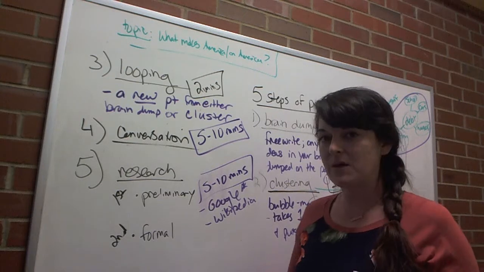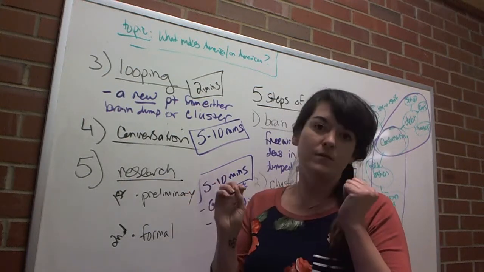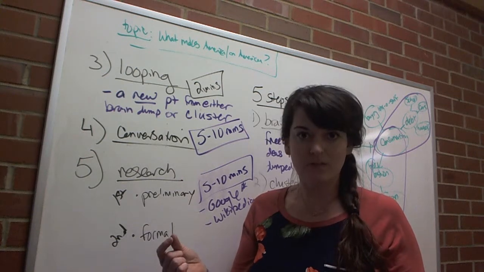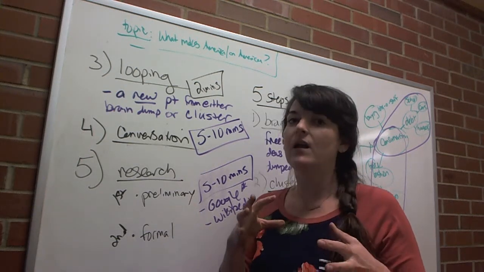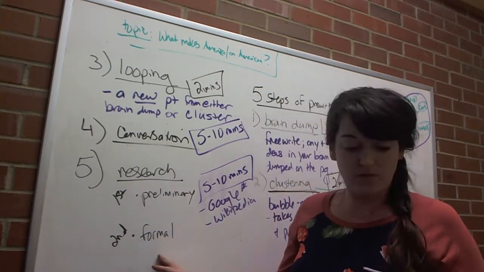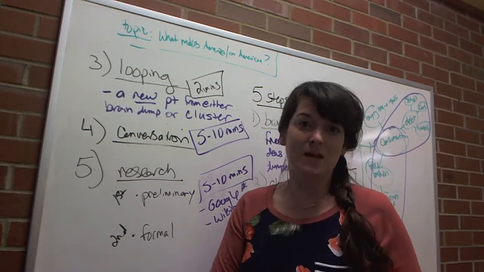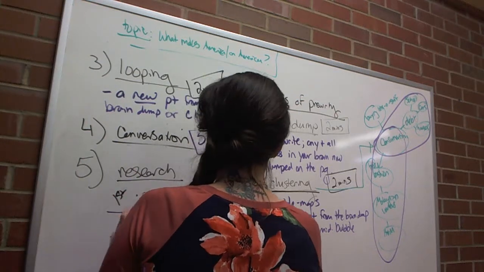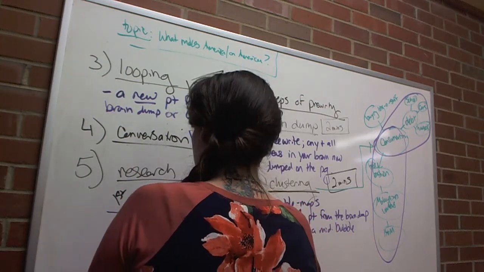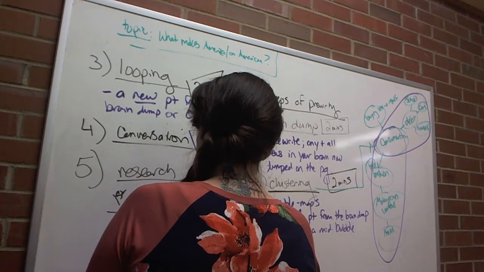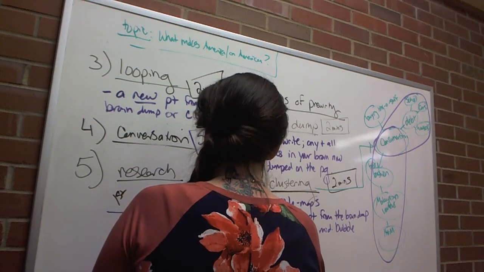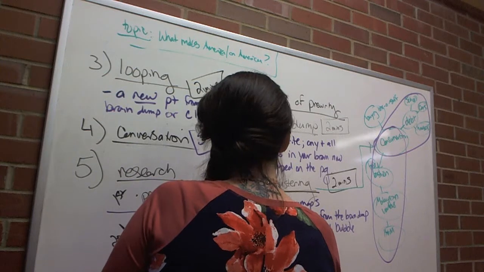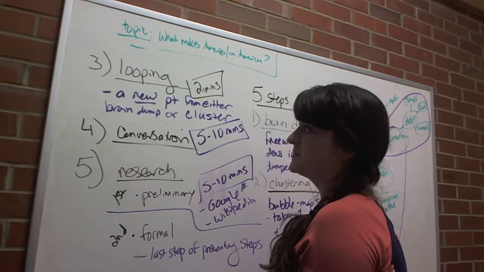Okay, you take 5 to 10 minutes, throw it into Google, go to Wikipedia, see what bites you back, and then you're just writing summaries, right? You're just like, okay, this is kind of what this means. Formal research is the absolute last step of pre-writing, okay? So you do preliminary research first, and formal research is the last step of pre-writing steps. That's kind of redundant, the last step of pre-writing steps, but what I mean by that is